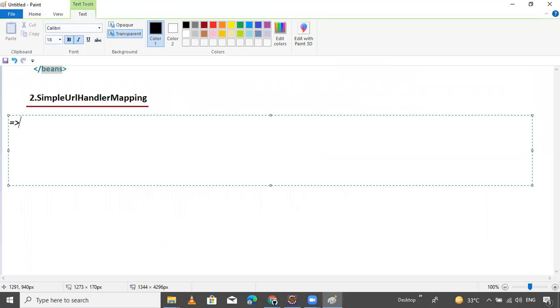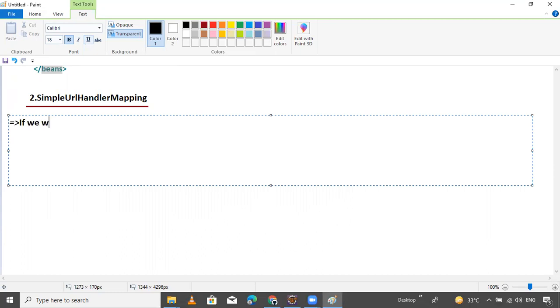What is SimpleUrlHandlerMapping? Suppose you want to map more than one URL to a single controller class, and this is not a good way to work with Spring dependency injection.